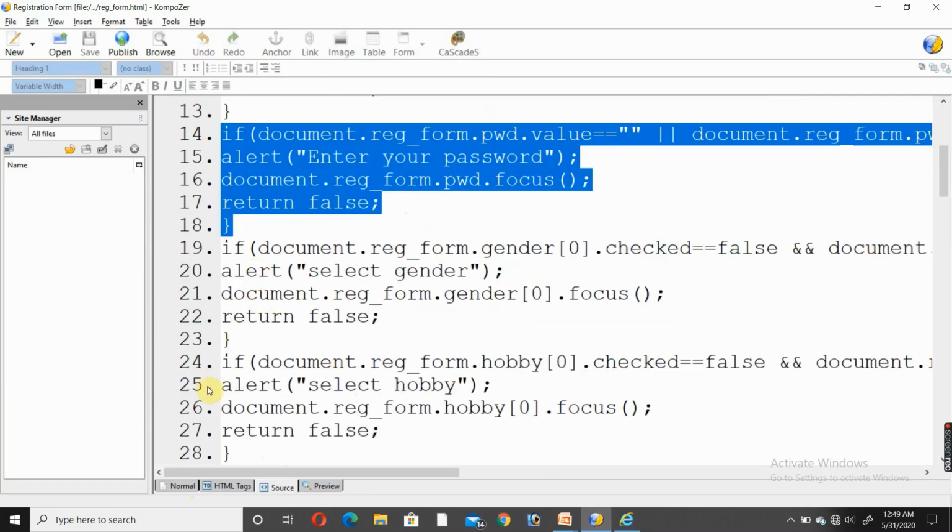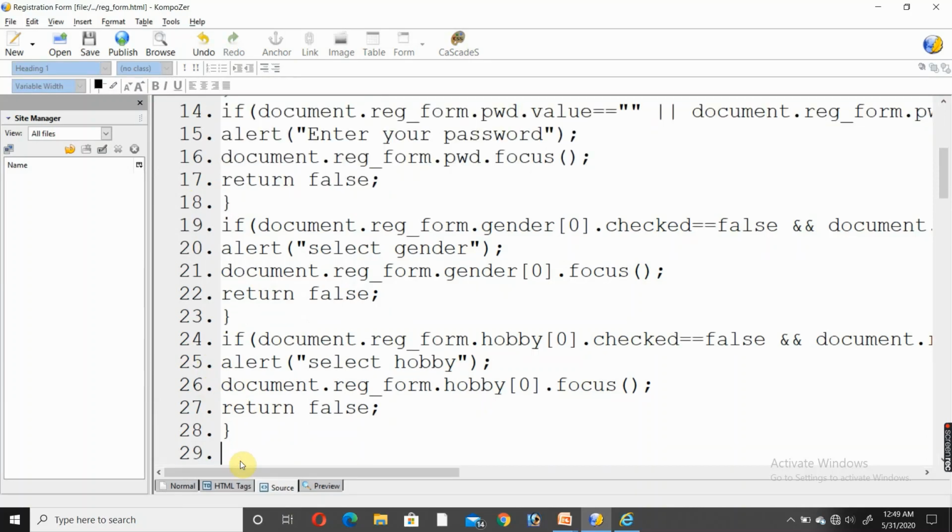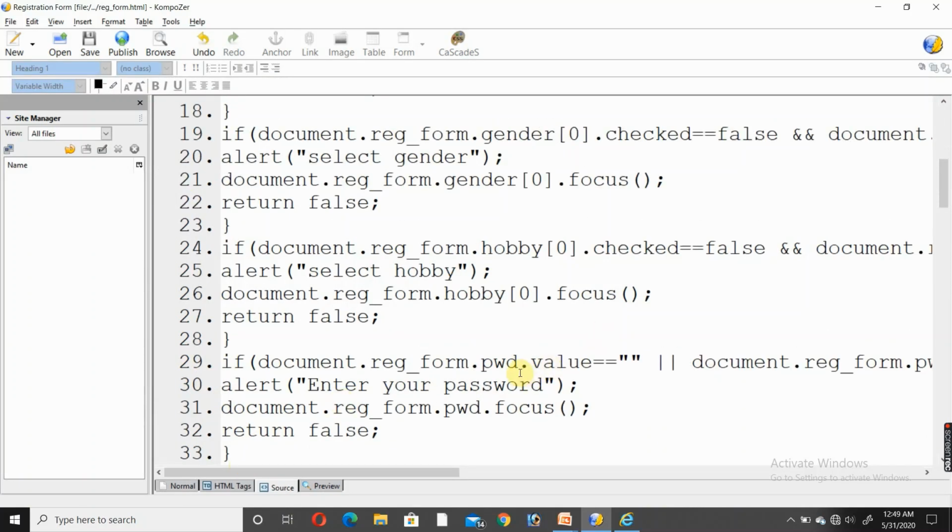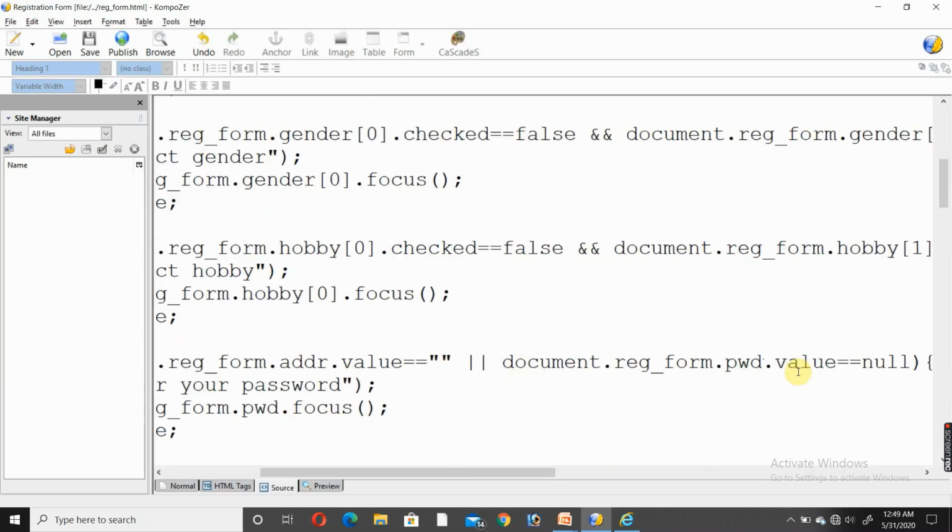Control C, Control V. My field name is address. Here also change it. Many times you forget to change here. Enter your address. Here also address.